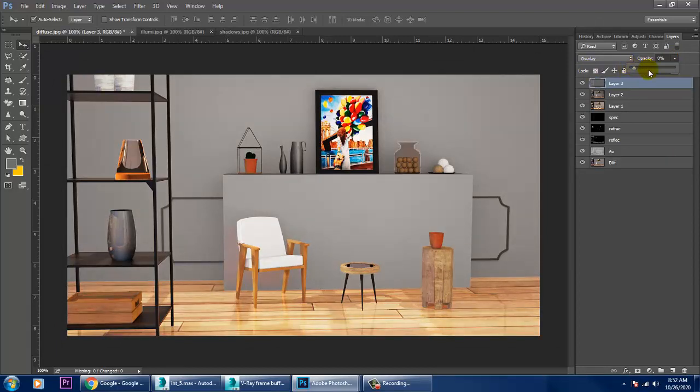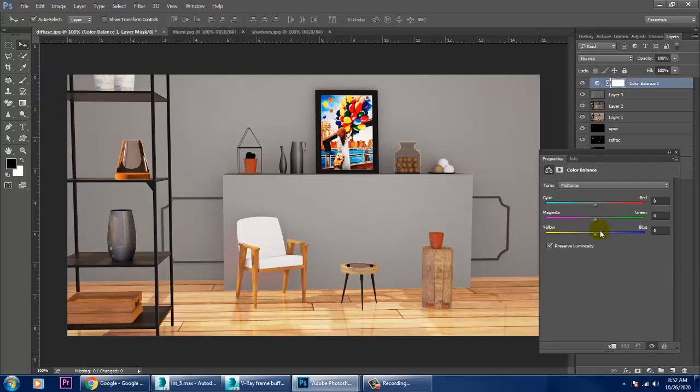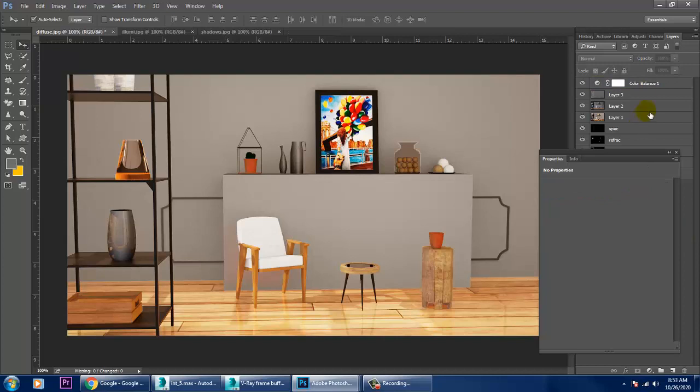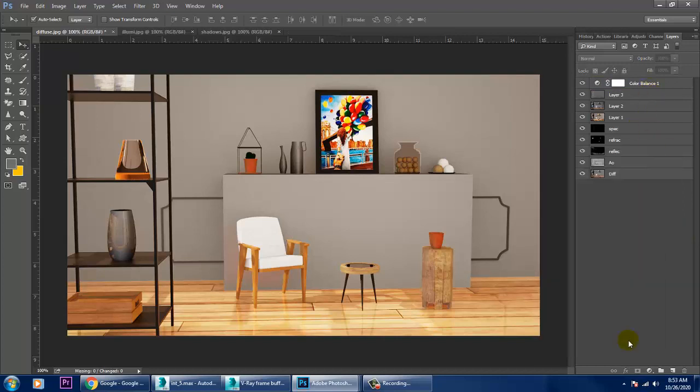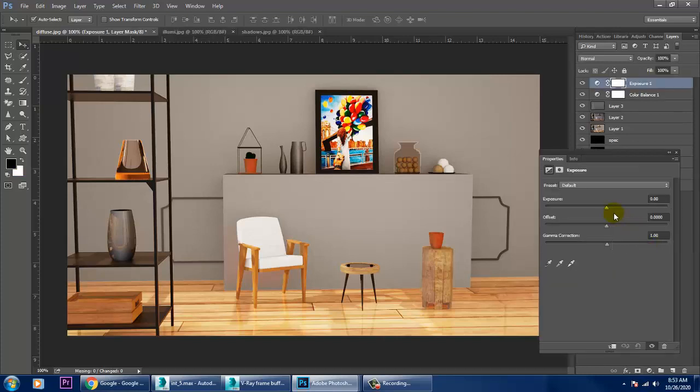So as you can see, we have composited all these passes over here. If you require, you can go over here and give some color balancing, that can be done over here. Also you can just go into this and give a bit of exposure wherever it is required.